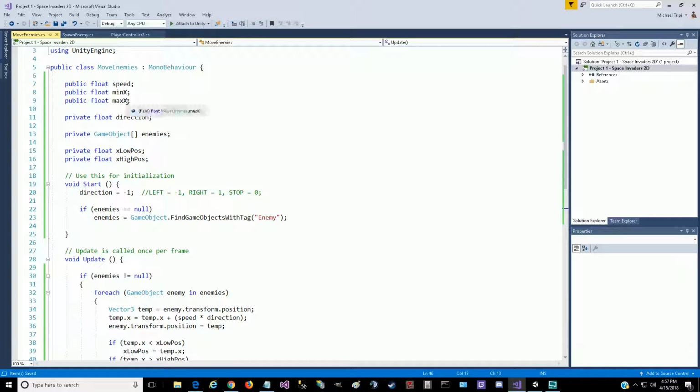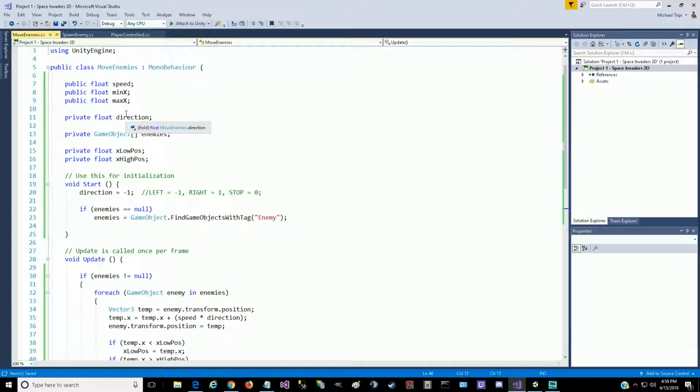That's why Unity did not update and show the speed, the min, the max, anything we had public here. I like to keep all the publics together and the privates below that. So when I'm looking to add one, I'll just put them there, and I know those are the ones that will show up inside Unity. Okay, so